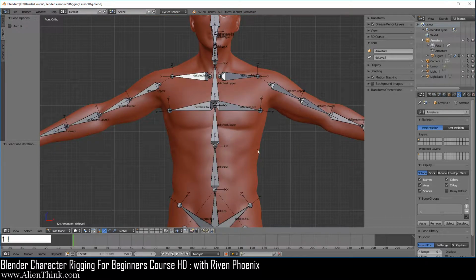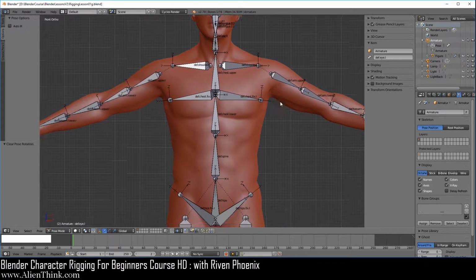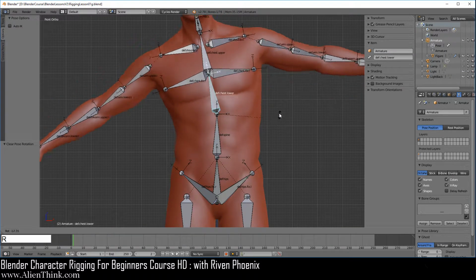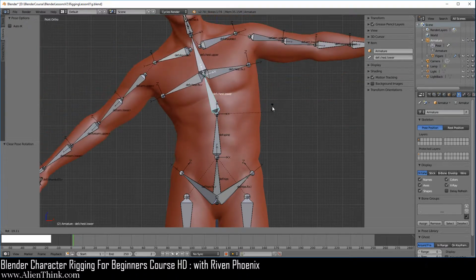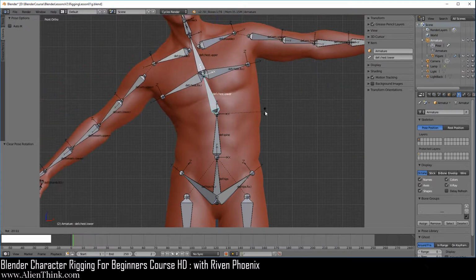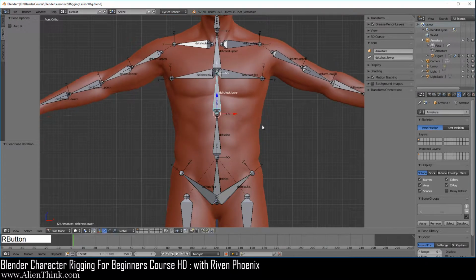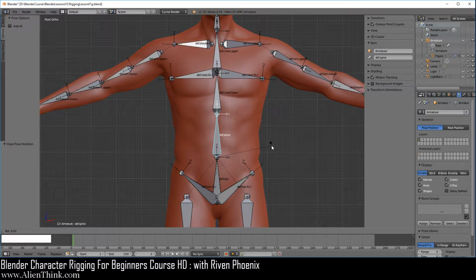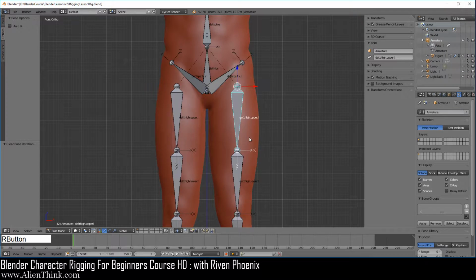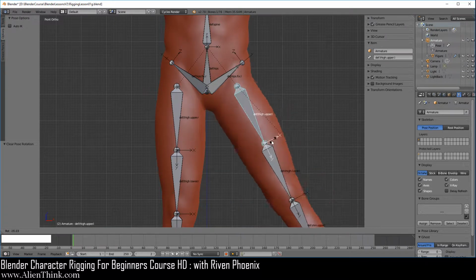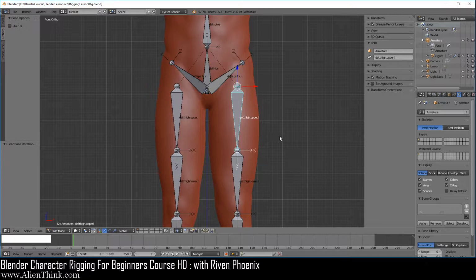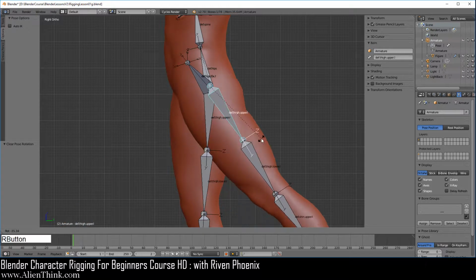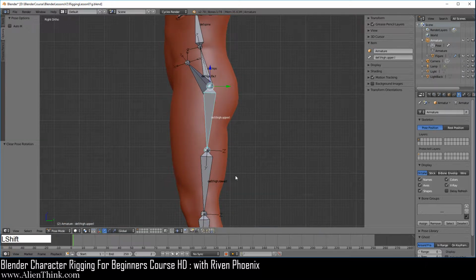So what I want to show you is that when you go through this process, what did Blender actually get right? So if you click over here and press the R key, you can see that it definitely did a really good job on the ability to move the upper torso over here. And when we click on the hips over here, it actually did a pretty decent job too. Okay, now when we click on this leg over here and press the R key, it actually did a pretty decent job from the front, right? And when we press the 3 key, when we press the R key, you can see that there are definitely issues that are happening in the back over here. So we're going to have to correct this.